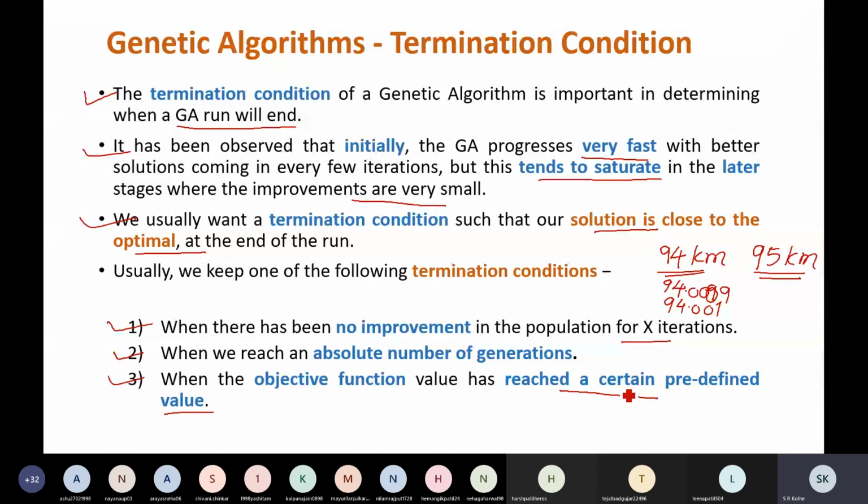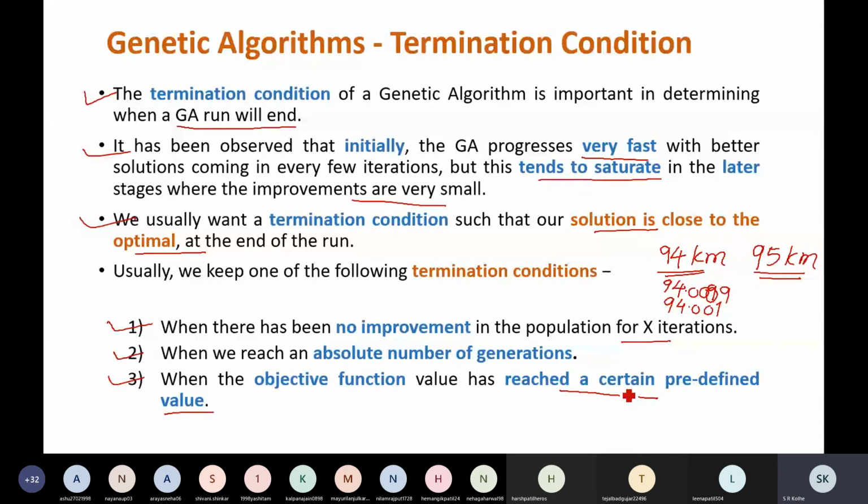First is, if there is no further improvement after certain generations, the same solution you are getting again and again, a little bit of improvement is there, but a lot of computational effort you will have to put in, so terminate. Second possibility, you specify a number of generations, and after that many generations, whatever is the solution, you will be satisfied with that.